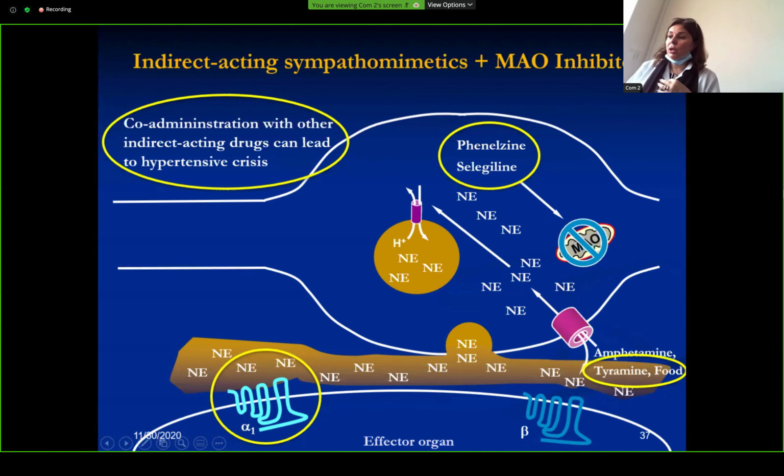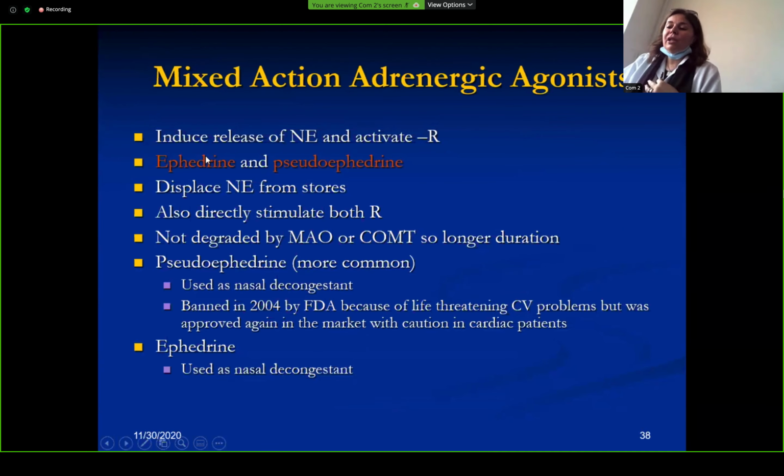Alpha-1 activation. The mixed ones are ephedrine and pseudoephedrine, which are usually in nasal decongestants. They stimulate both receptors and displace norepinephrine. That's why I tell you their side effects matter mainly if you take them as nasal decongestants. These medications were banned in 2004, but they were released again in the market. They cause cardiovascular problems if you are a cardiac patient, but for somebody normal they should not. They were banned and then released again. So in any medication for flu, you will find pseudoephedrine and ephedrine